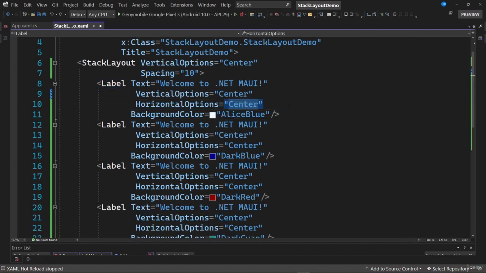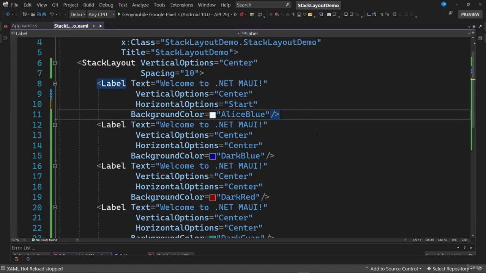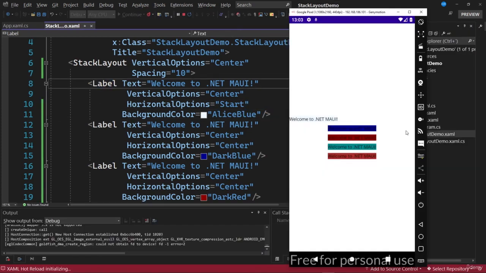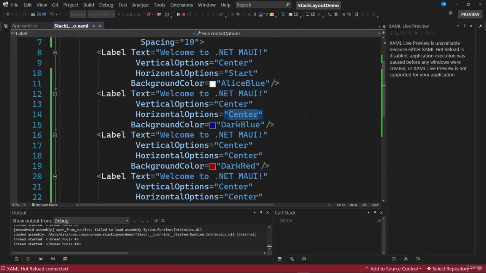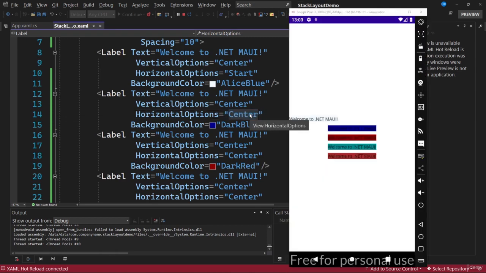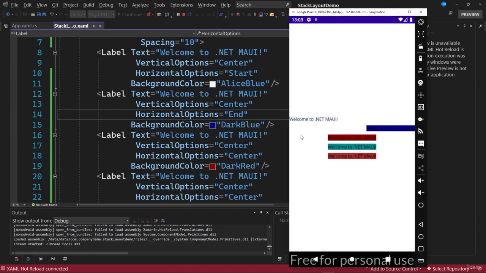We can indicate that we want to place this label element in a different location. Here we have different options that we can select. For example, let's indicate that we want to place the element at the beginning of the stack layout. And with this, precisely this label element has gone to the beginning of the stack layout. We have some additional values, as for example, this value Center that we have already seen what it is used for, to position the elements in the center. We could also place the elements at the end of the stack layout, and with this, the element would be